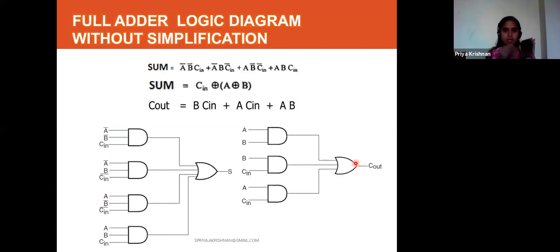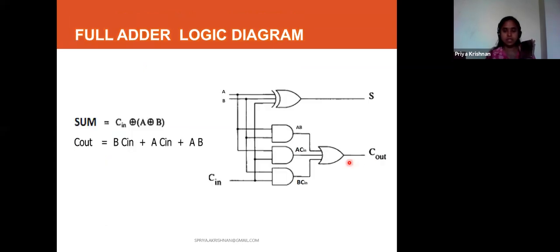But the same, if you simplify using any method like the Boolean algebra method, the K-map method or the tabulation method, how many gates do we need after simplification? We did this, no? Yes, we need only 5 gates after simplification. So almost half of your space is reduced if you simplify and then draw that into the logic diagram and convert that into a hardware circuit. So that is the importance of simplification. That is why we want to simplify the logical expression.